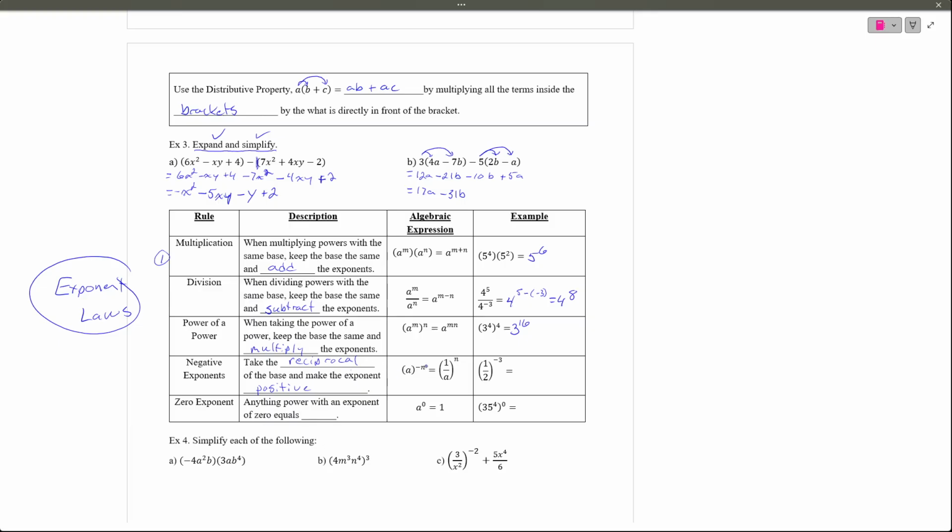So here we have a to the power of negative n. That's equivalent to 1 over a, because a is a over 1, really. So the reciprocal of that is 1 over a to the power of n. Here we have a half to the power of negative 3. So I'm going to take the reciprocal, so that's the same as 2 over 1,